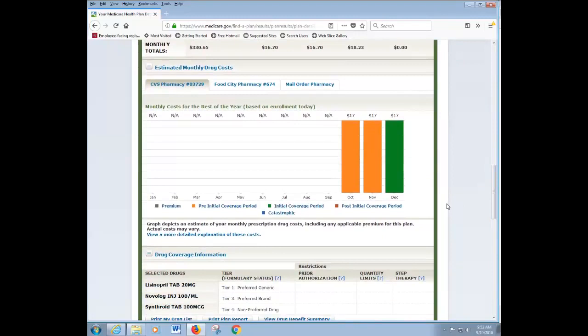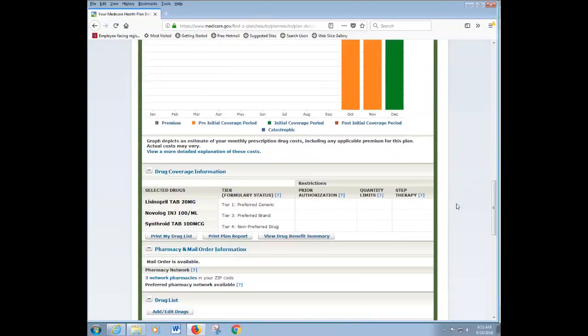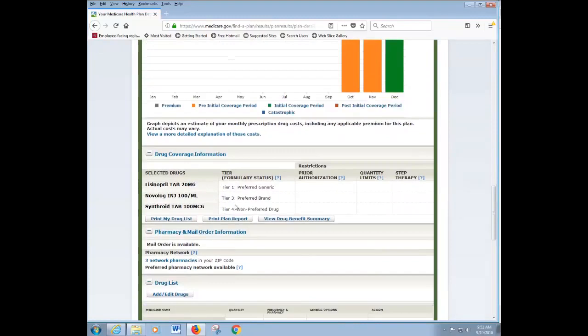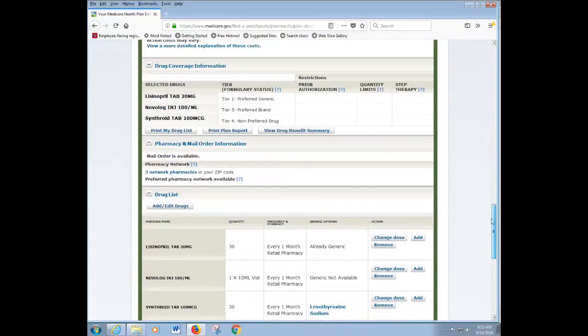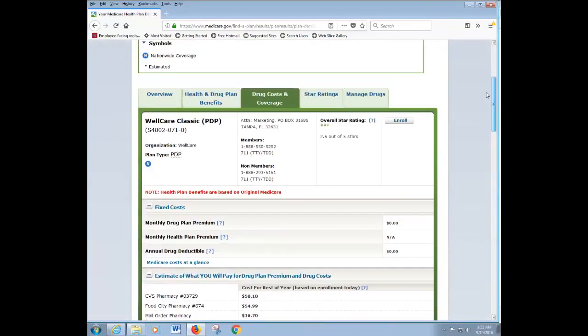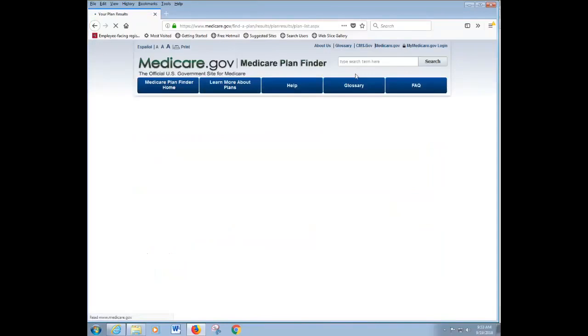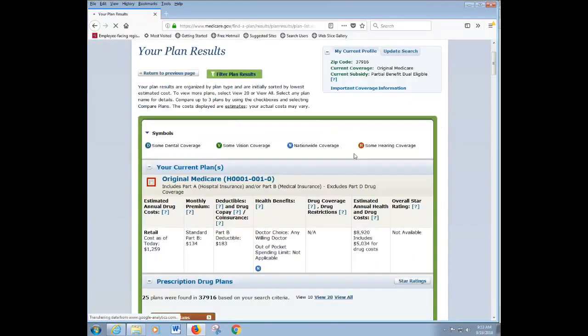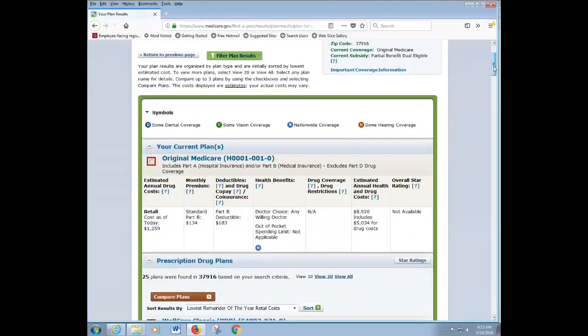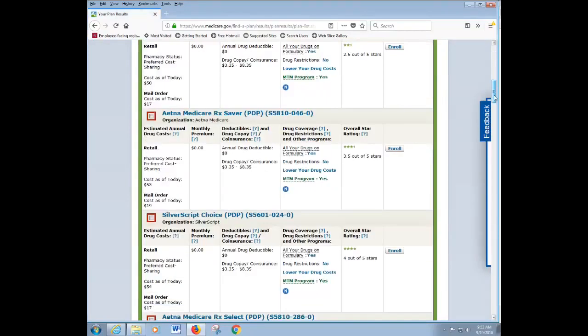And that's one of the things that you guys will be talking about later today. And once again, here are how the plan has tiered it. So let's go back and look at the Advantage Plan. So you want to go back to your plan results. And let's scroll down to Advantage Plans